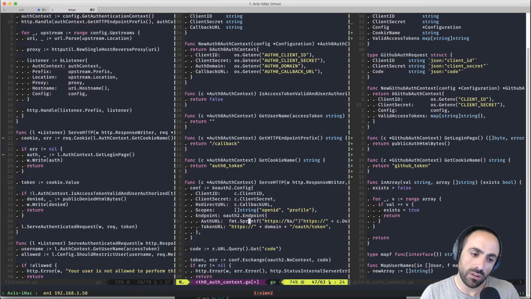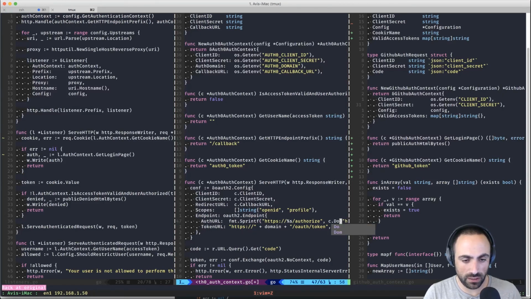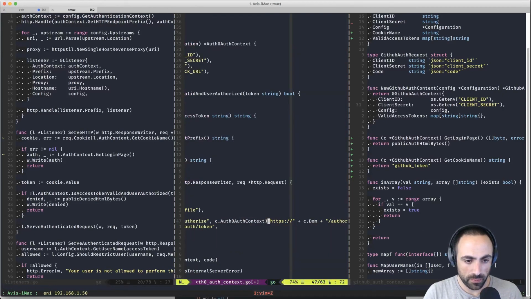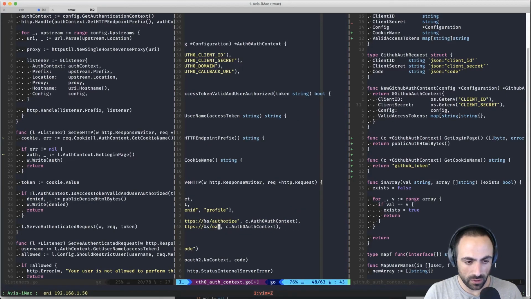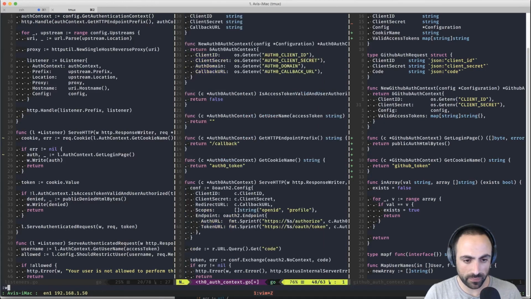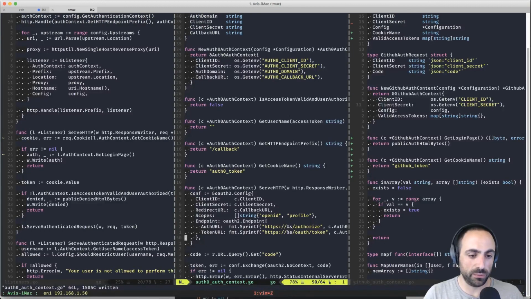Authorize endpoint, Auth0 endpoint, and then token. Oh, okay, so this should be authorize, and then this is c.domain, and then this is going to be the same thing, but with OAuth and token, oauth/token. And go imports, which should bring us fmt, and it did.